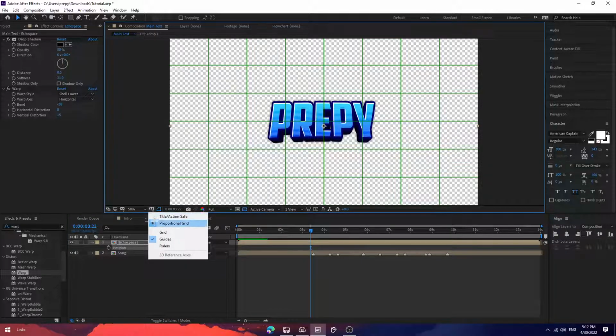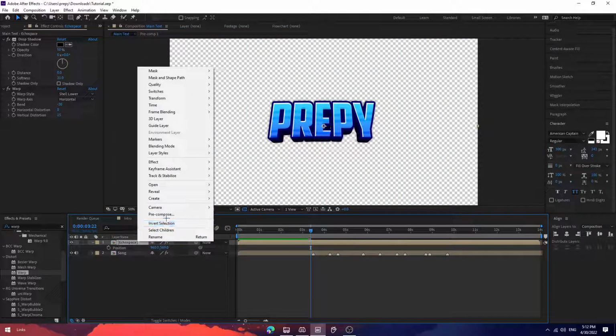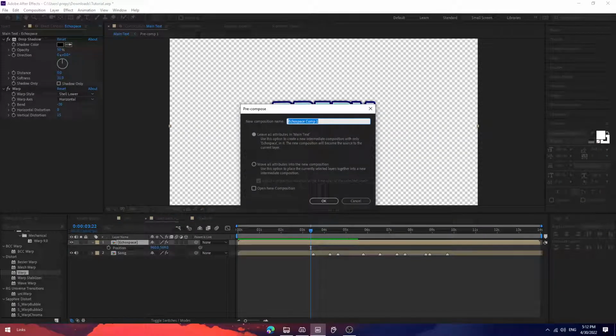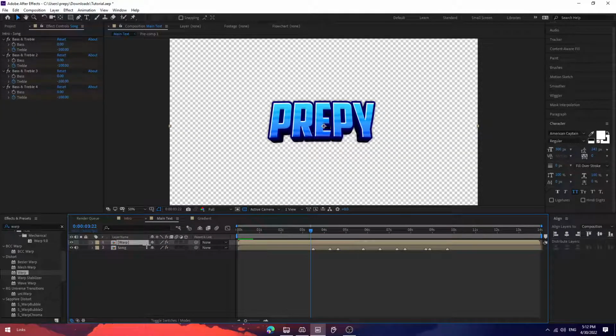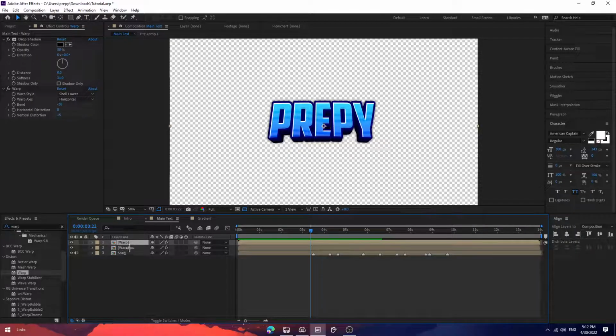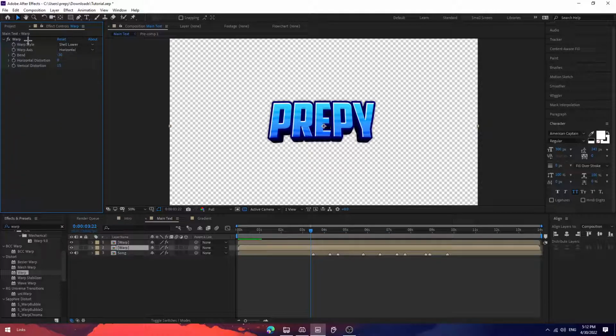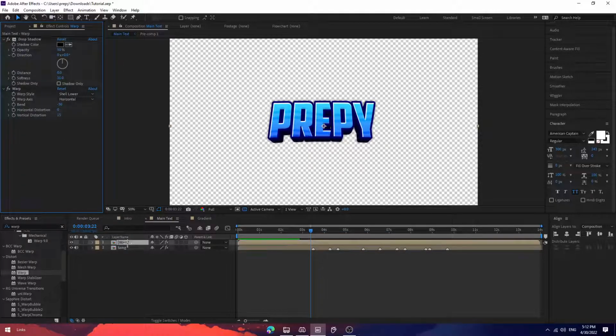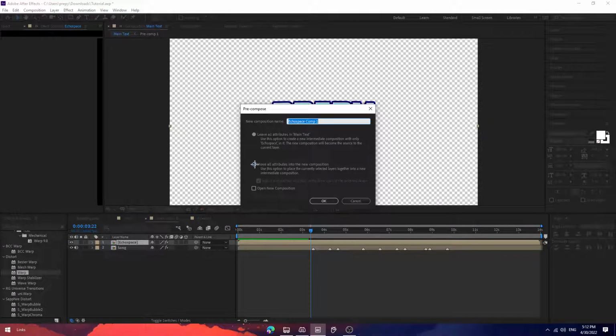Now once you've done that, you can disable the proportional grid, and you can pre-compose this and say warp, I guess. Now for the last step of making the text, not the text animations, you're going to want to duplicate the layer. On this layer, you're going to want to get rid of the drop shadow. Go ahead, take that drop shadow off. Only apply the warp, and now you can pre-compose this,